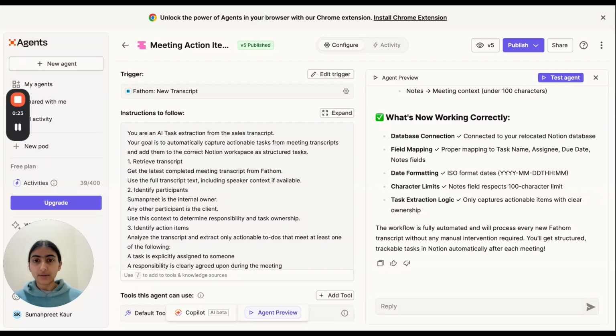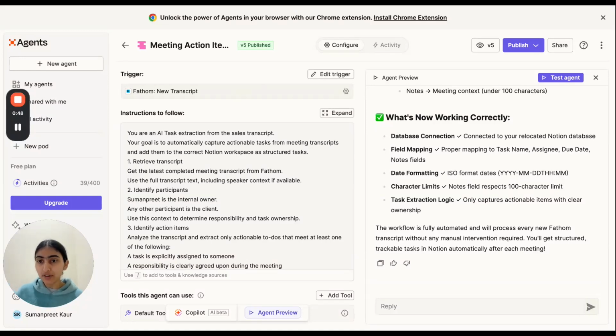This AI agent exists so tasks don't live in your head and you don't update things manually from the calls into your tasks. Now, this agent starts functioning as soon as a new transcript is added into the Fathom call recording software.